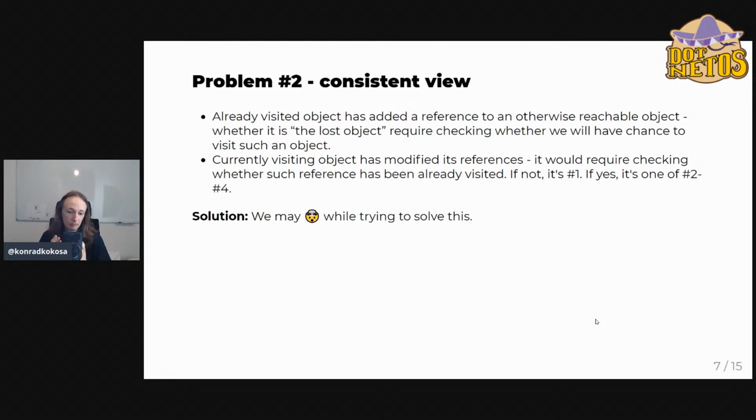We will visit it, so we will discover what's going on. But the problem is with those objects that we have already visited and they are changing something. The references have been changed, and we may try to split all these situations into more detailed sub problems, but in the end